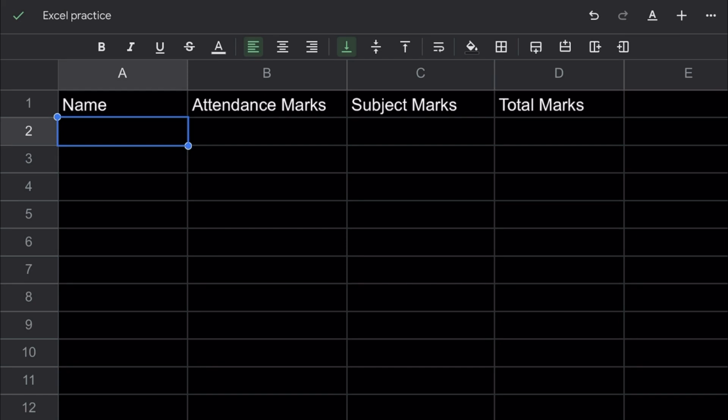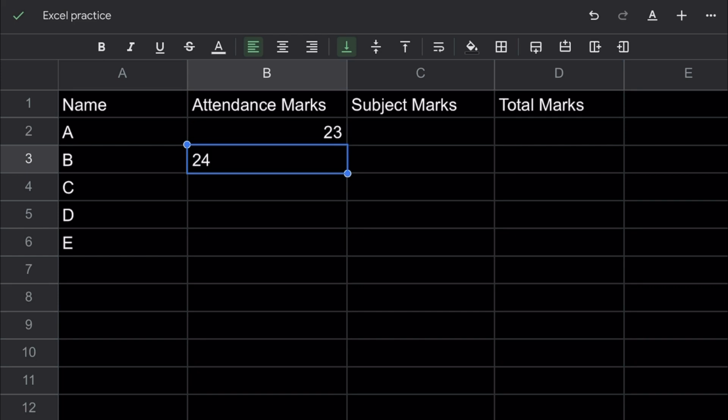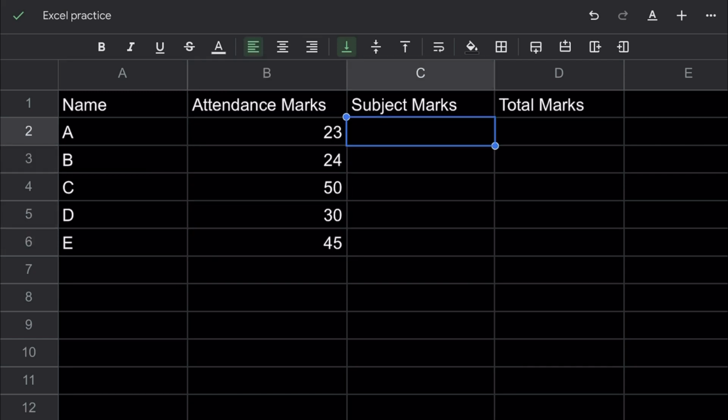As given in the task, they have mentioned the class comprises 5 students. So I'll write the names. I'll take names again as A, B, C, D, and E. Okay, these are the names of the students, and then I can start putting in the marks of the students. So I'll write maybe 23, 24, 50, 30, and 45. Okay, so that was the attendance marks, and then I can put in subject marks like let's say 45, 40,